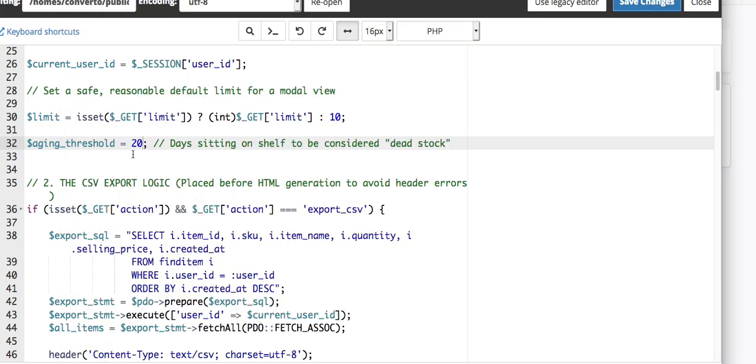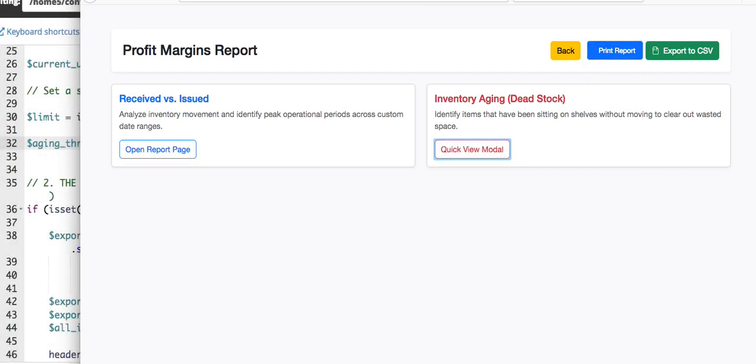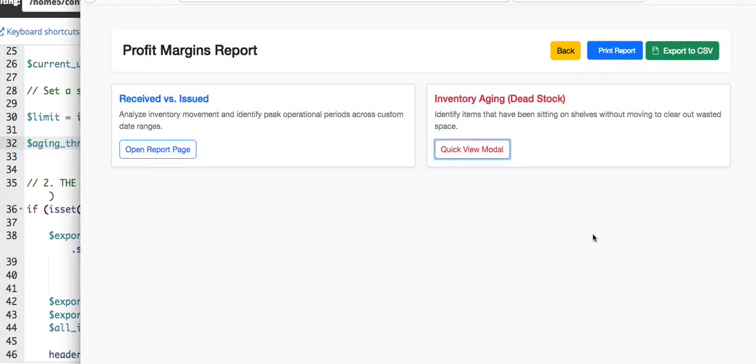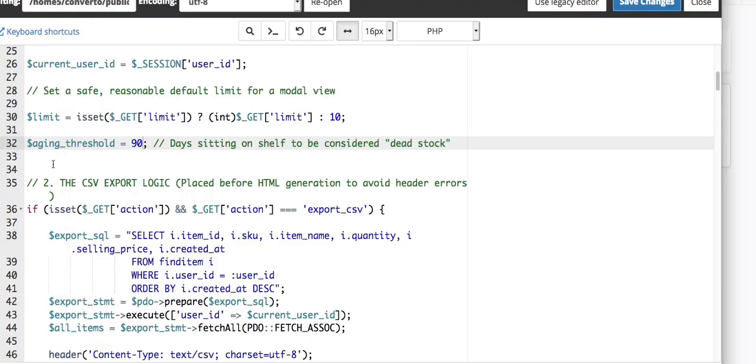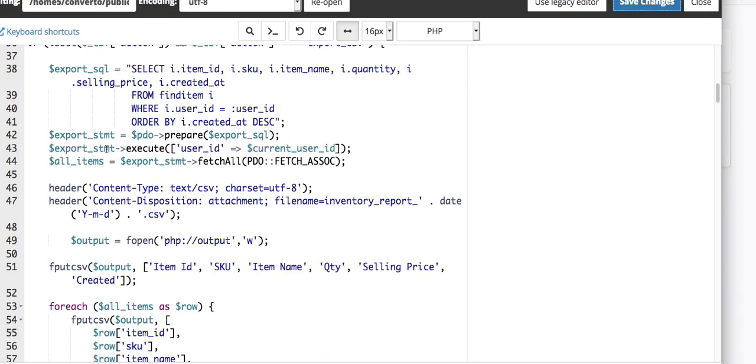So if I put it back at 90, that means if it hasn't hit 90 yet, you're not gonna get nothing. That means you're okay. Let's refresh. That means you're okay. That's why you don't get the deadlock. Which is perfect. In this situation, this one uses that 90. This is the one you change right here when you need that range.